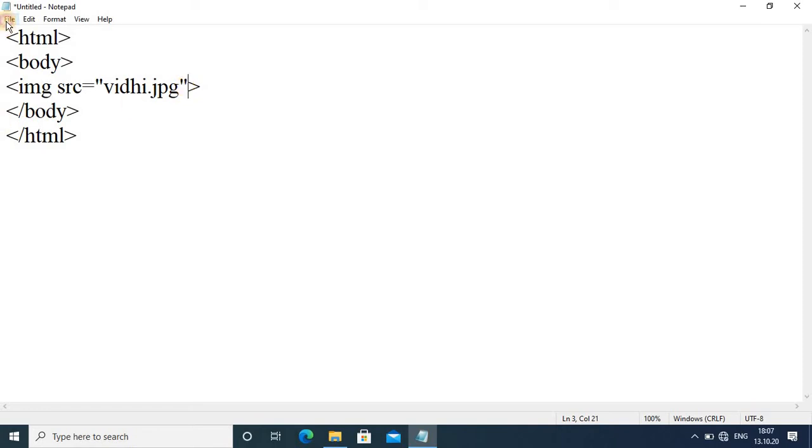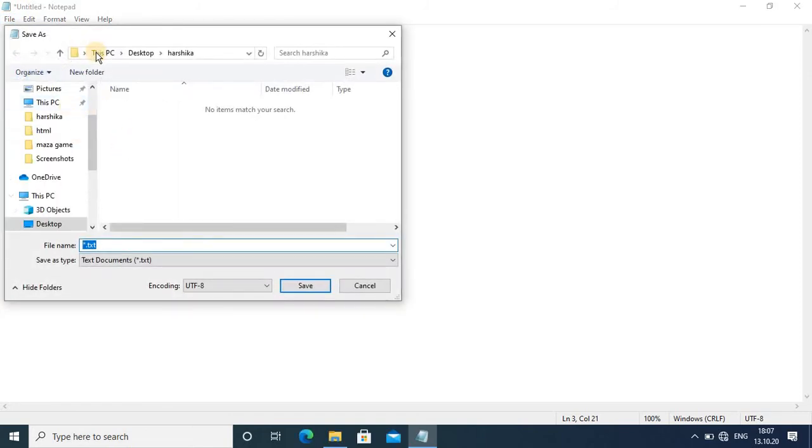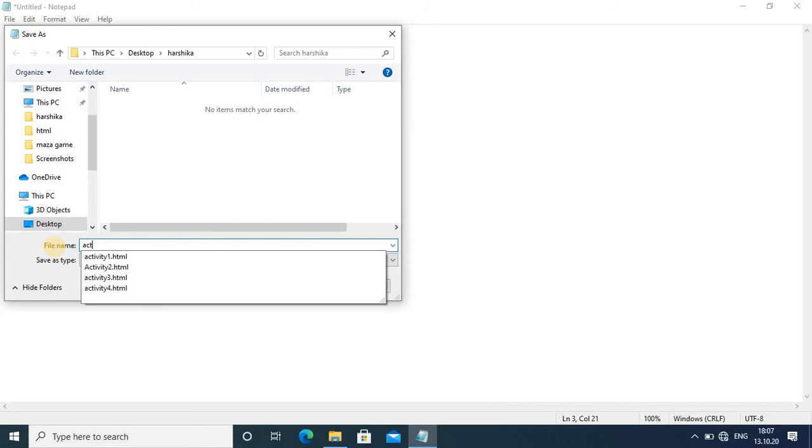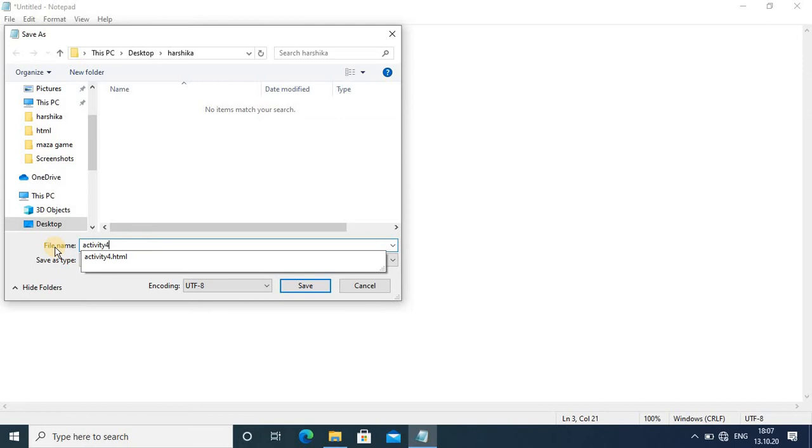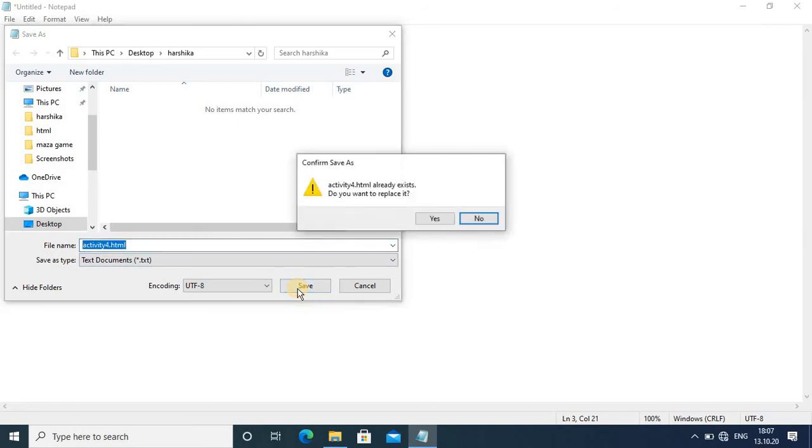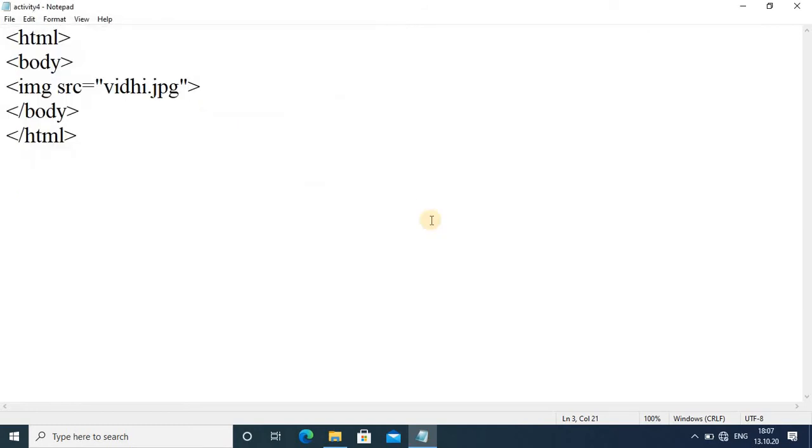Now look here, I am saving this file. Save it. On this PC desktop in the Harshika folder I am saving my file, and this is activity 4.html. It is already there, so it asks if I want to replace it. Yes.